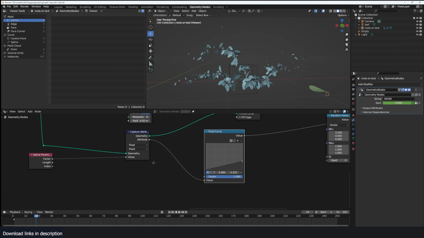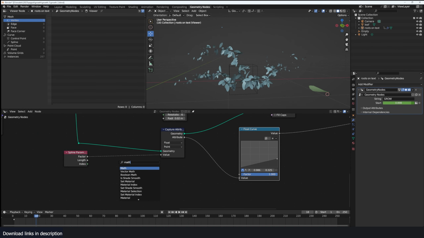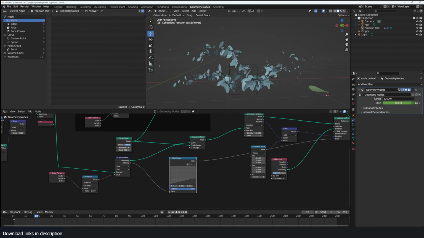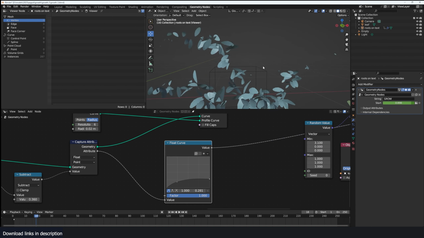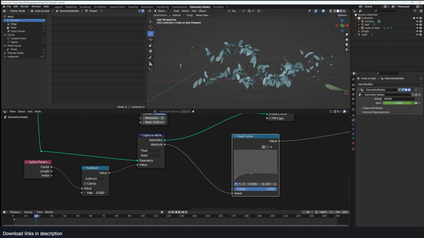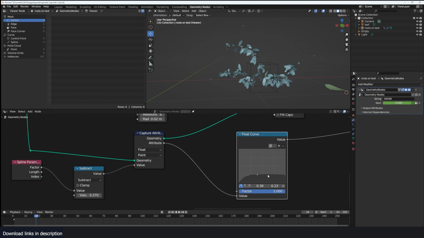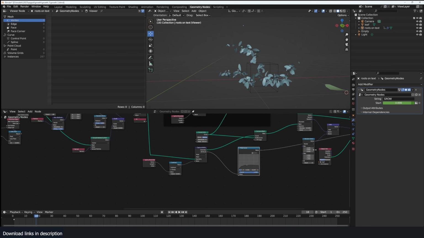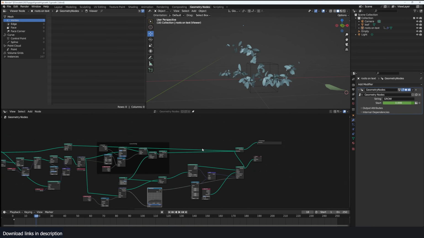and I want, when we have this animated, for example, if I add a math node here and just subtract from this length, I want this to grow to a certain scale and just stop around there, so something like that. So if we do this, you see we have that animation we want. It doesn't matter how much we change this value. The leaves scale up to a certain level and then just stop scaling because they're being clamped by this float curve. Remember this start value that we are using to animate